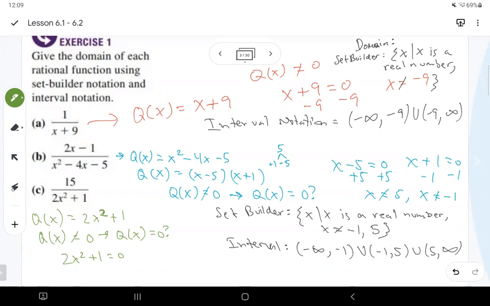So we have a couple of options here. We could graph this on Desmos, or you could do an input-output table. Here's the other thing you can remember. When we talked about